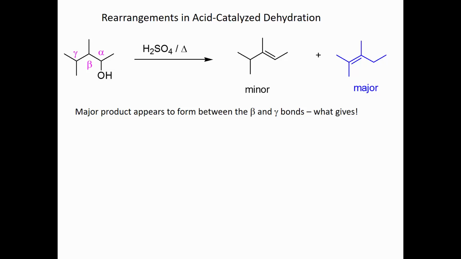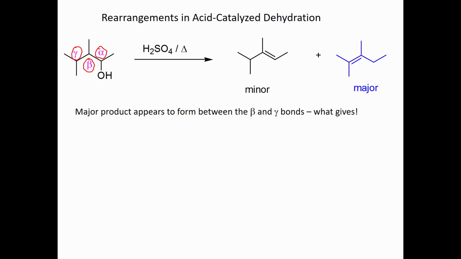In this video, we're going to look at a complication that can occur during acid-catalyzed dehydration. And this is a case where there's a rearrangement involved, okay? All right, so look at the system here. If I label the carbons alpha, beta, and gamma the way I've been doing all along, and you look